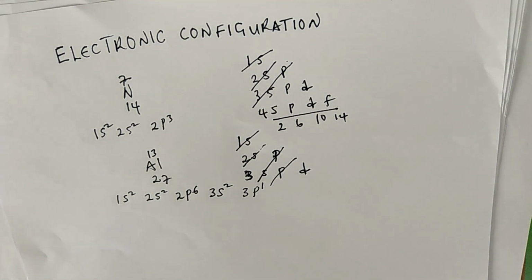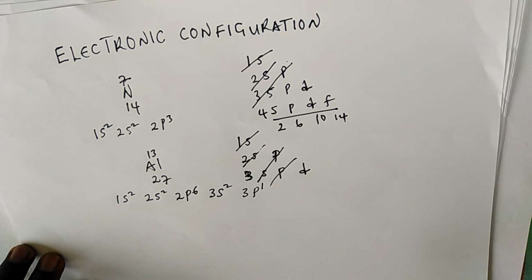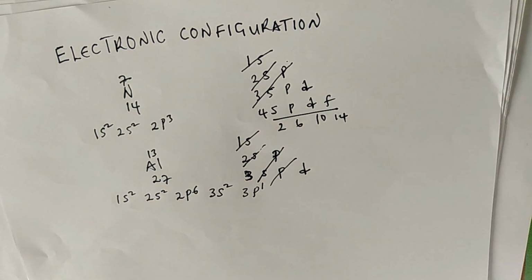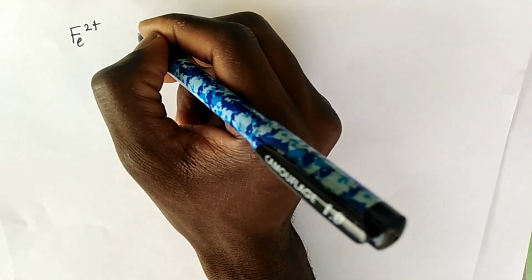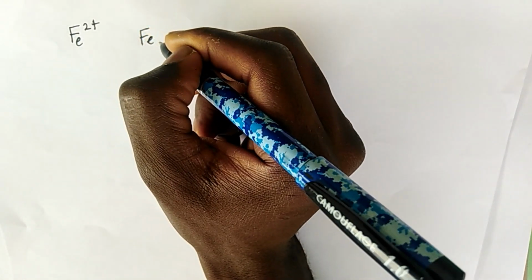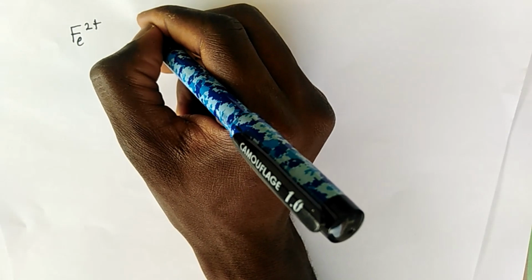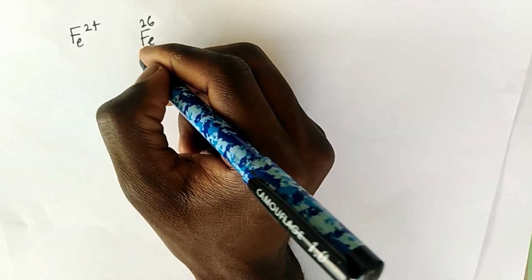Now, we have Fe2+. To write the electronic configuration of Fe2+, Fe is iron. Iron is a transition metal. Now, to write the electronic configuration of iron, first of all, before we look at iron 2+, we'll look at the electronic configuration of iron at its ground state. Iron at its ground state, Fe, has an atomic number of 26 and a mass number of